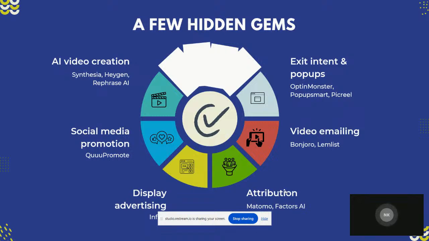When it comes to attribution and analytics, in addition to Google Analytics and the native analytics that you get in Google Search Console, you can explore platforms like Matomo and Factors AI. Matomo will tell you the behavior of your website visitors. Factors AI has now also integrated a lot of other modules than just website data, but it gives you the journey details of visitors on your website.